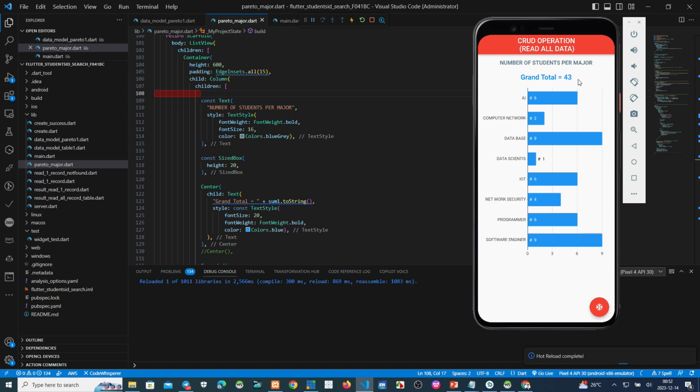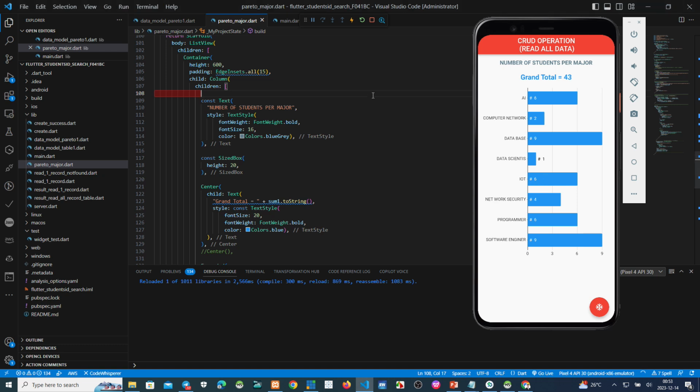Okay, now we have the information 43, the total of records from the database, and this is the number of students per major, total 43. This is students of AI, we have 6 students. This is 2 students in computer network. This is database students. We have 9, data science 1, and IoT 6.